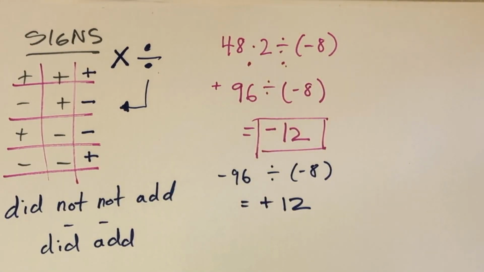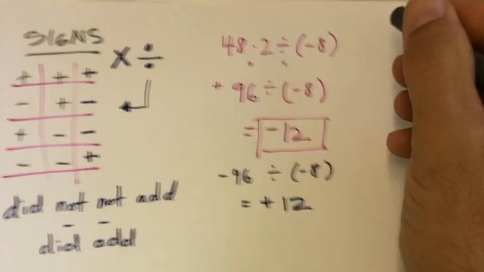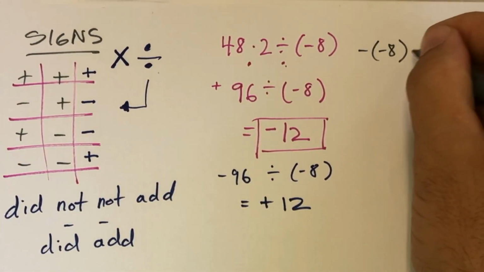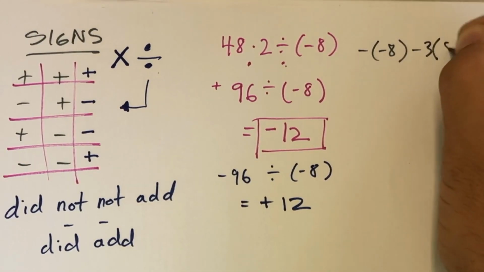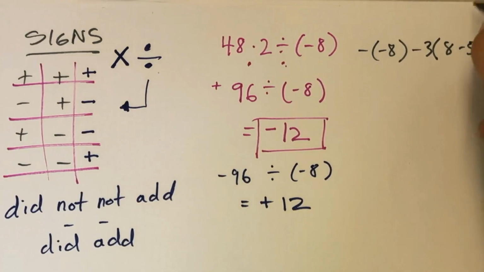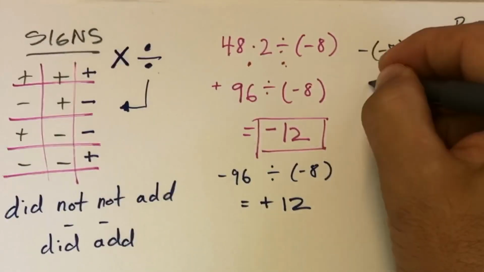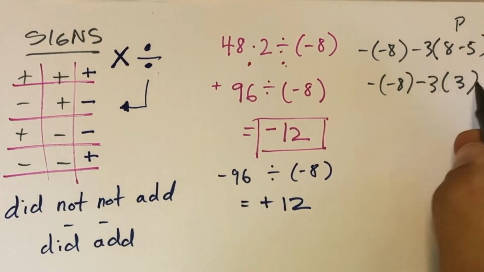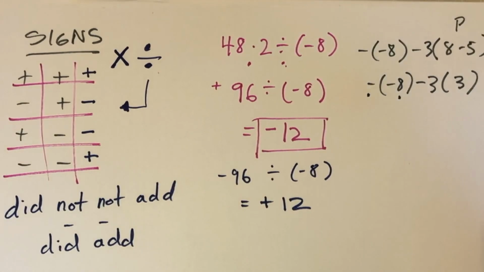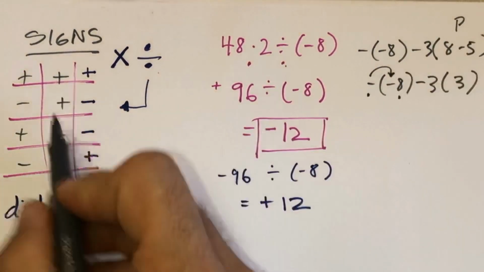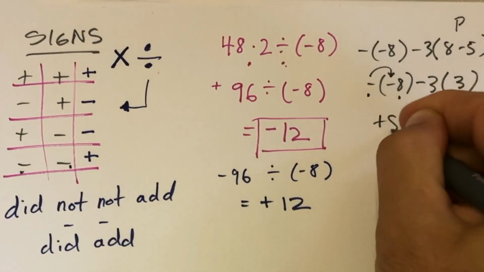There are some problems that they might give you where there's a lot of signs, and they're giving you a negative outside of parentheses, minus a 3, 8 minus 5. So here we have all these negatives. Again, we're working with our parentheses first. When I'm working with these problems, I like to rewrite each step to make sure everything's in order. When you have a negative outside the parentheses, basically this is multiplying to this. So this negative and negative becomes a positive 8